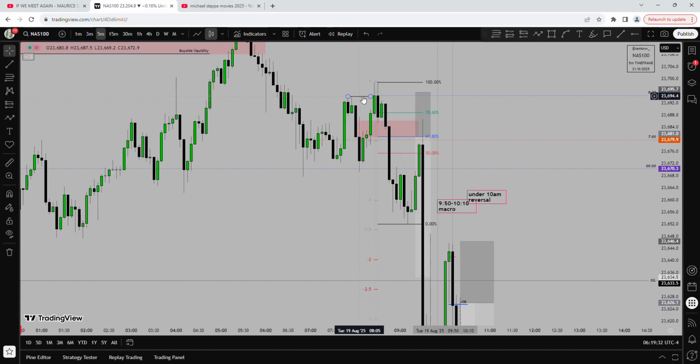So price engineered liquidity, you don't want to be buying because price is not bullish. You're not expecting price to go up. I was expecting price to sell, so whatever sell side liquidity it takes is not my concern. My concern is for the buy side liquidity it takes, so I can look for an entry lower to send price lower. So price came, engineered this liquidity, and then came to take it out,